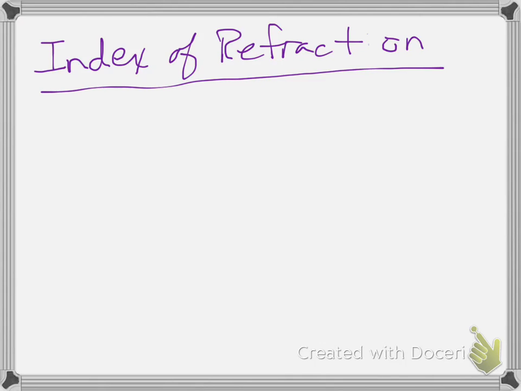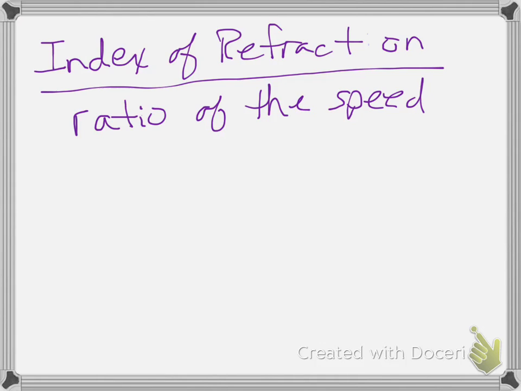So it is the ratio of the speed of light in a vacuum